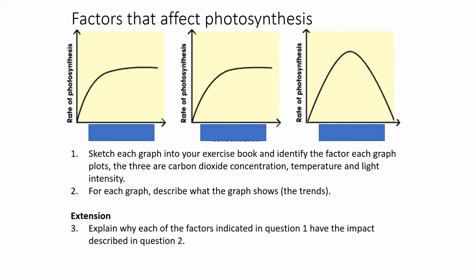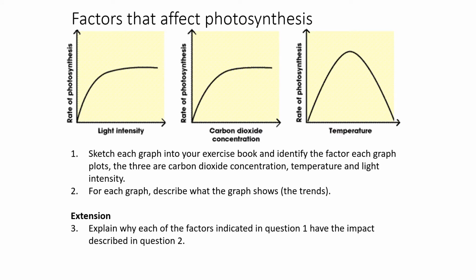Here you go, the answer. The first one is the light intensity. The second graph shows carbon dioxide concentration. And the last one is temperature. The first two could be the other way around. Now look at